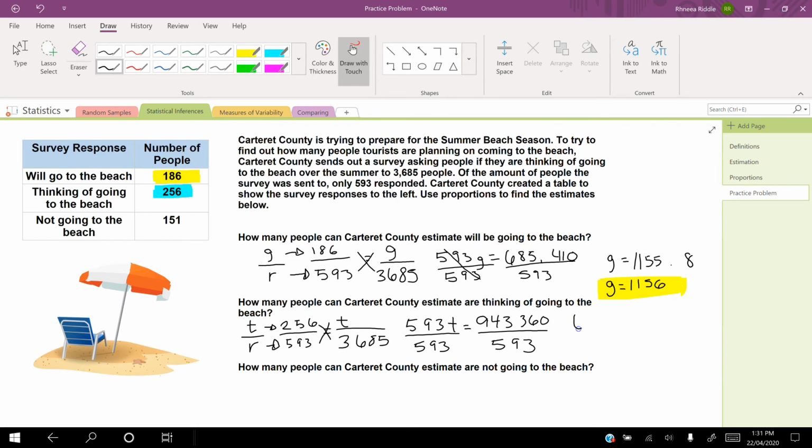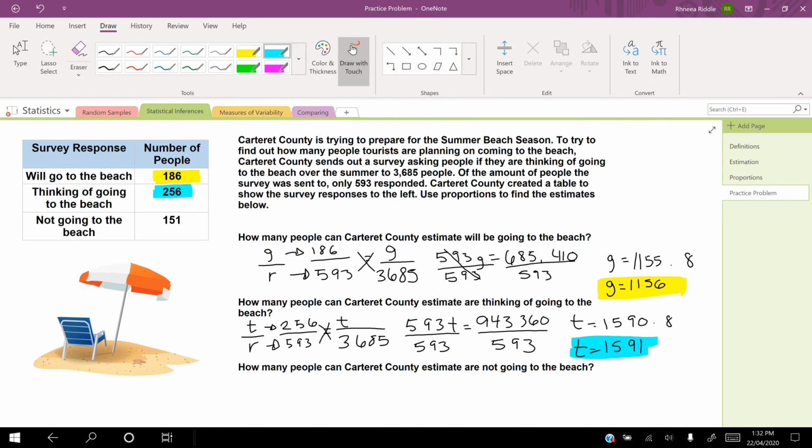That's going to leave us with T equals that 943,360 divided by 593, which again is a really large number of 1,590.8, which we can round to 1,591 people are thinking of going to the beach out of that